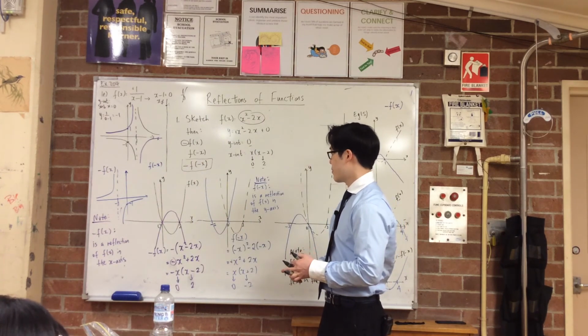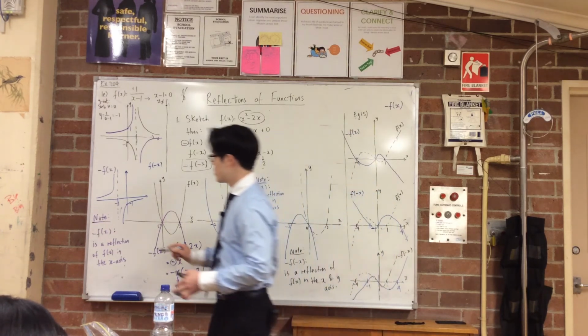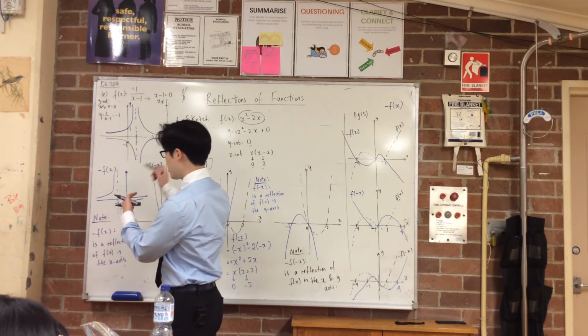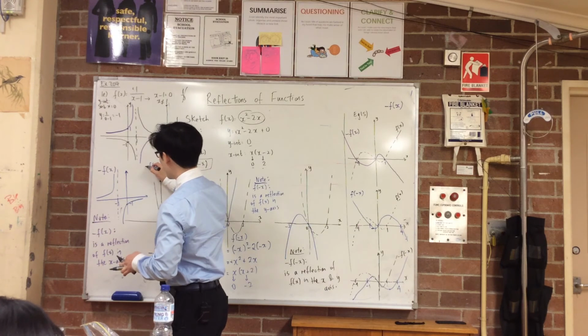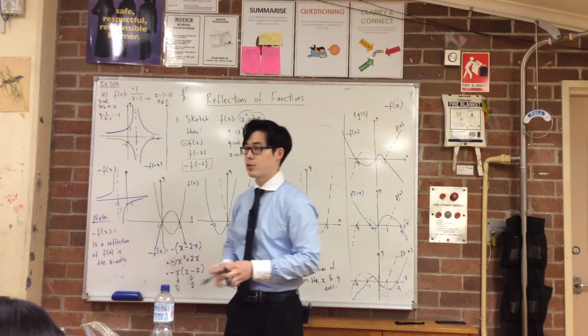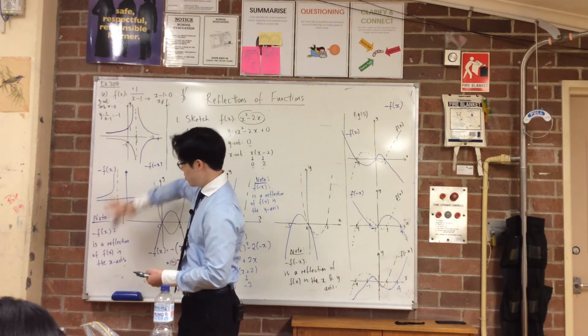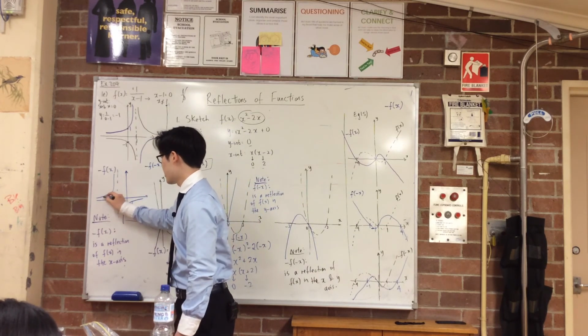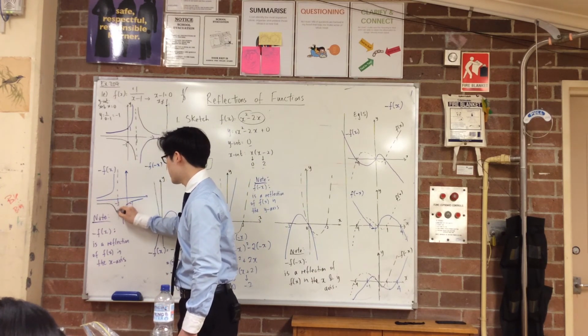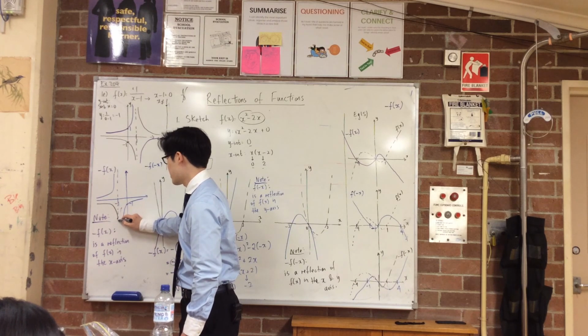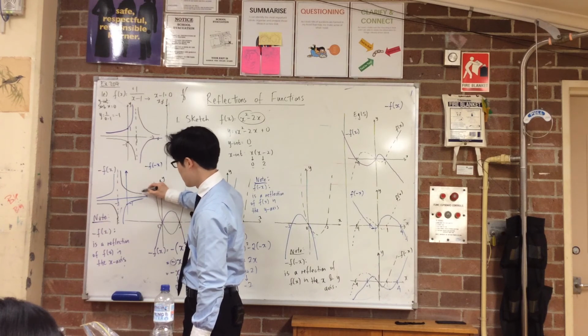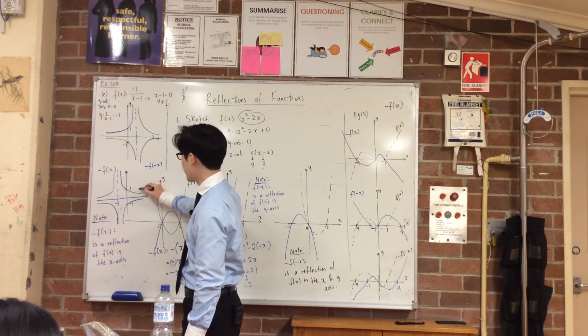Lastly, if I now want to draw minus on top of what I've just drawn, what do I have to do with this graph now? Flip it upside down. So instead of this, it's going to look like this. Oh, never touch the asymptote. And instead of this, it's going to go through 1. All right? So this is my graph of minus